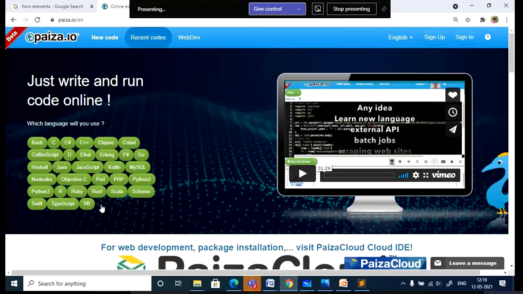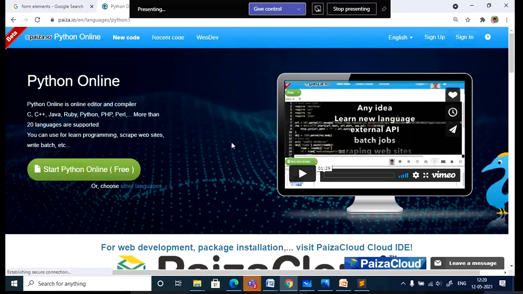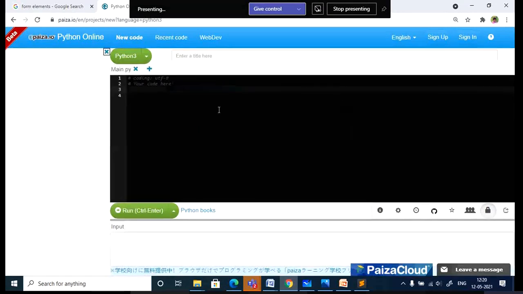You can just see these are all the different online editors. So no need to install anything. Directly you can just select in which language you want to run the code. Accordingly, that particular editor will open. No need to install the software. You can just type the code and you will be able to see the output below of it.